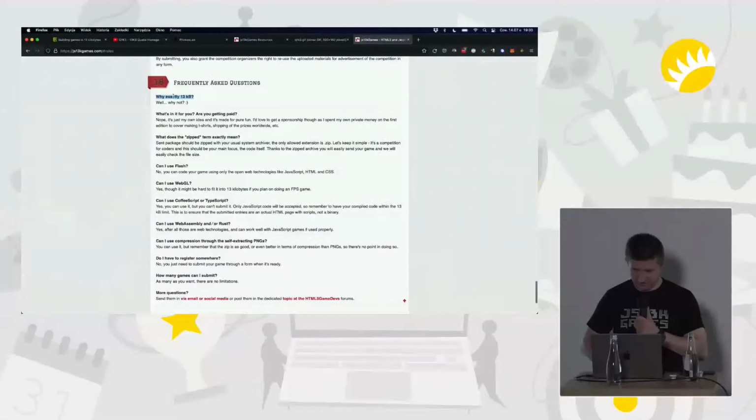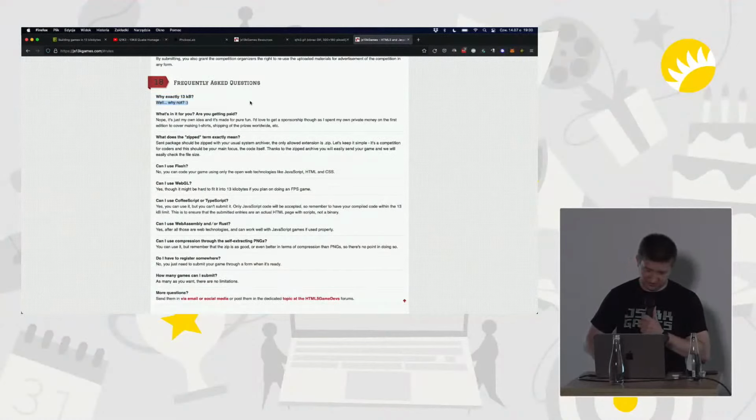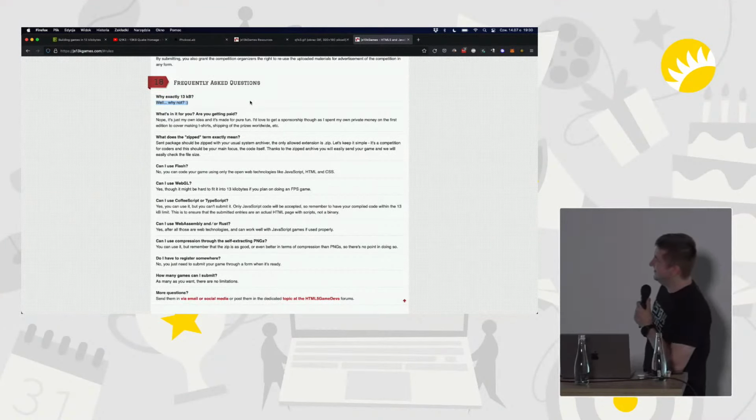Actually, the very first question, the very first answer in the FAQ is why exactly 13 kilobytes? The short answer is why not? But